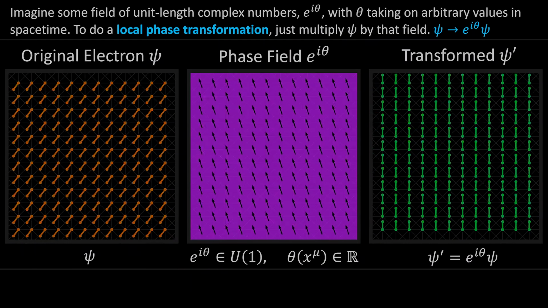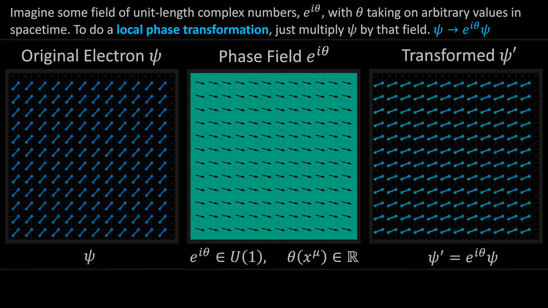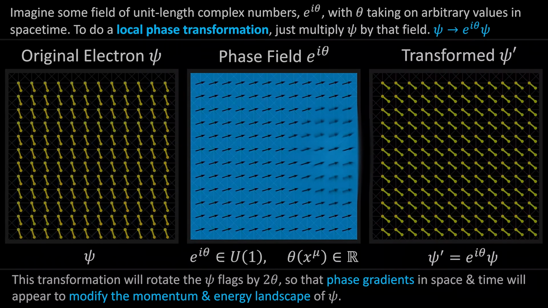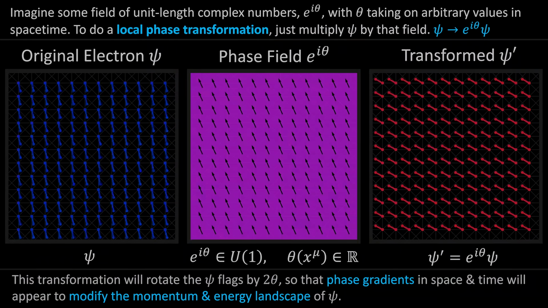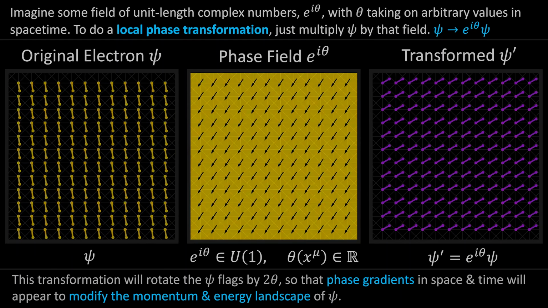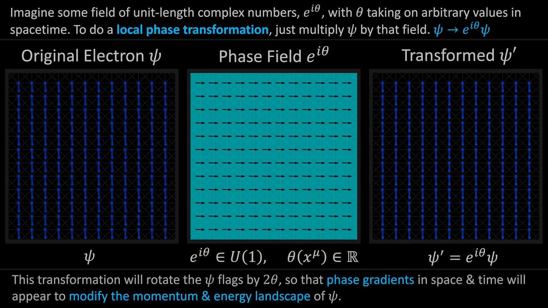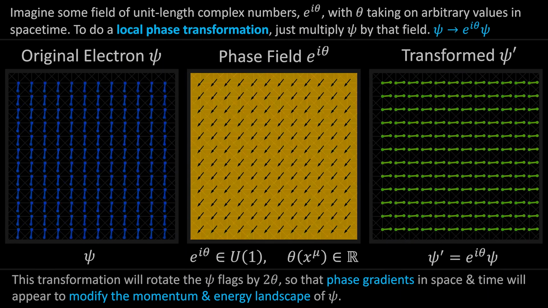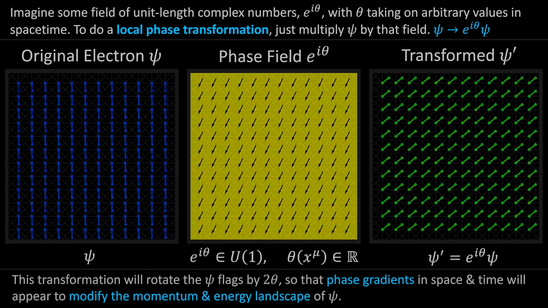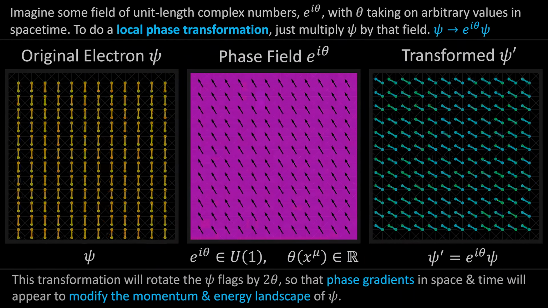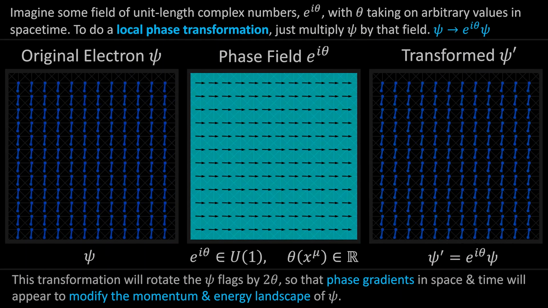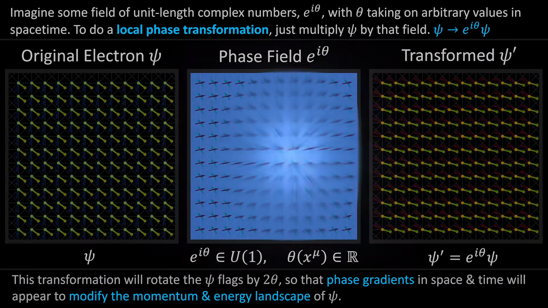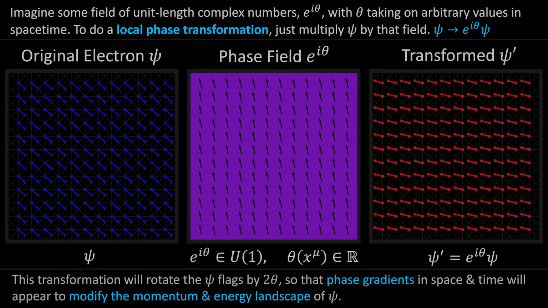And bearing in mind that the rotation rate of the flags is directly proportional to the energy of the particle, we can see that there's a connection between phase gradients in time and energy. Now here I should point out that in reality, these flags rotate extraordinarily fast. For an electron with a mass energy of 511 keV, the flags are going to spin around like 100 quintillion times per second. So the phase transformation I'm showing here, whose frequency is of a similar order of magnitude as psi, is actually super aggressive,